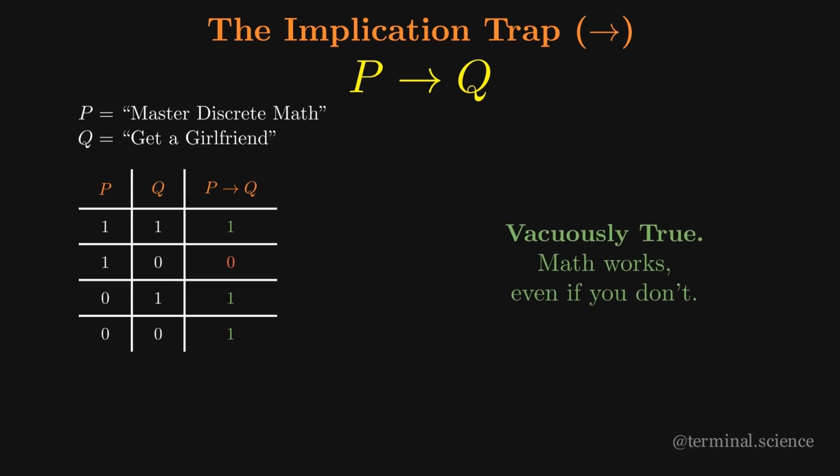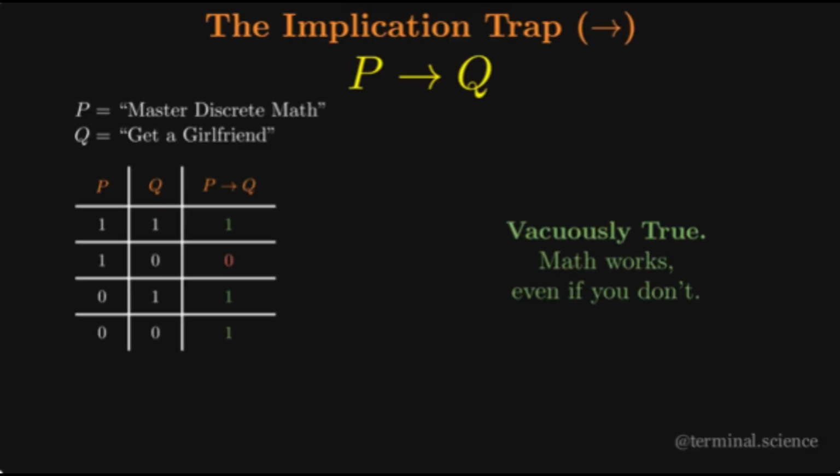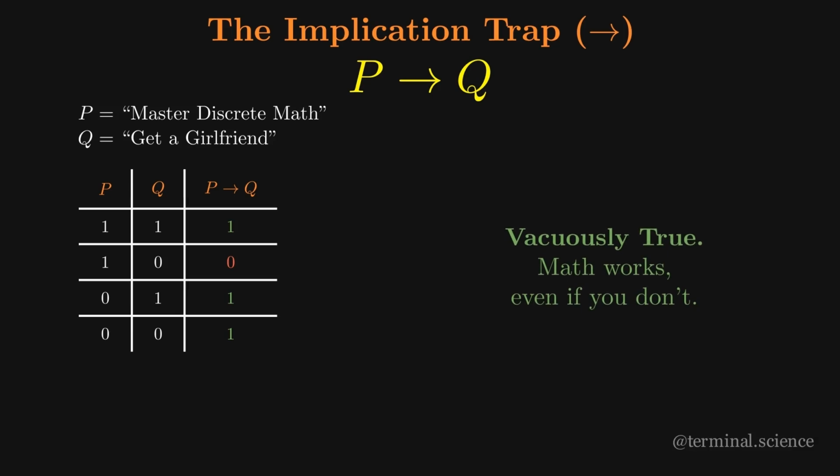But wait. What if you don't master the math at all? Whether you magically get a girlfriend anyway, or stay single, I never actually broke my original promise. Because the first condition was false, the logic defaults to true. We call this vacuously true. The math works,